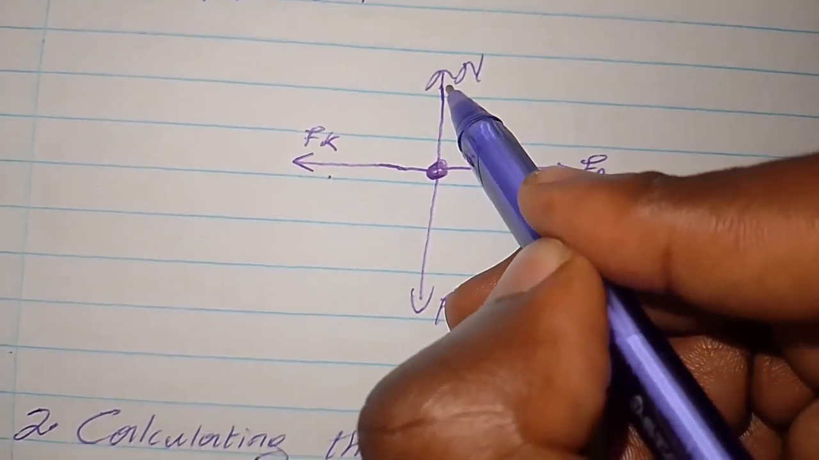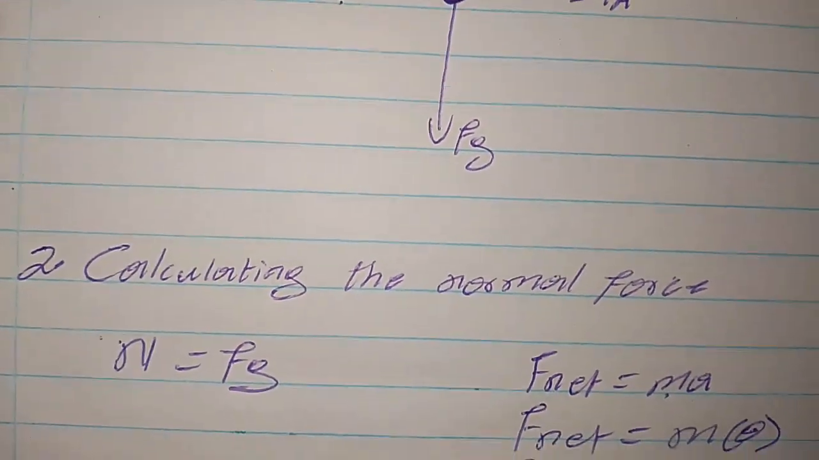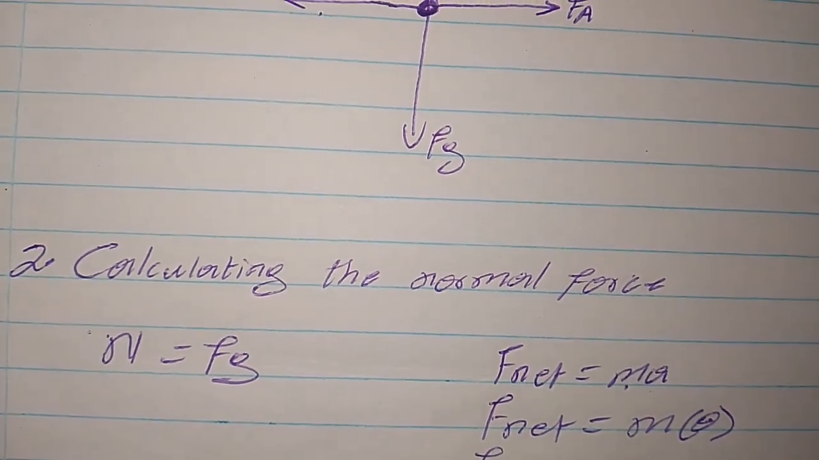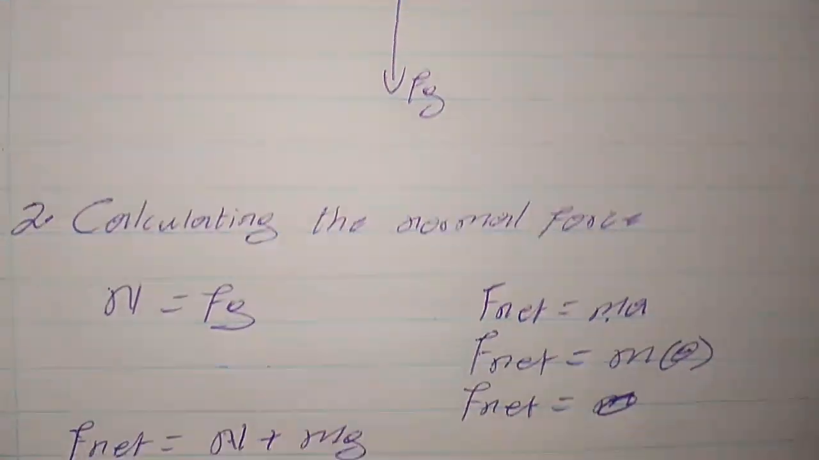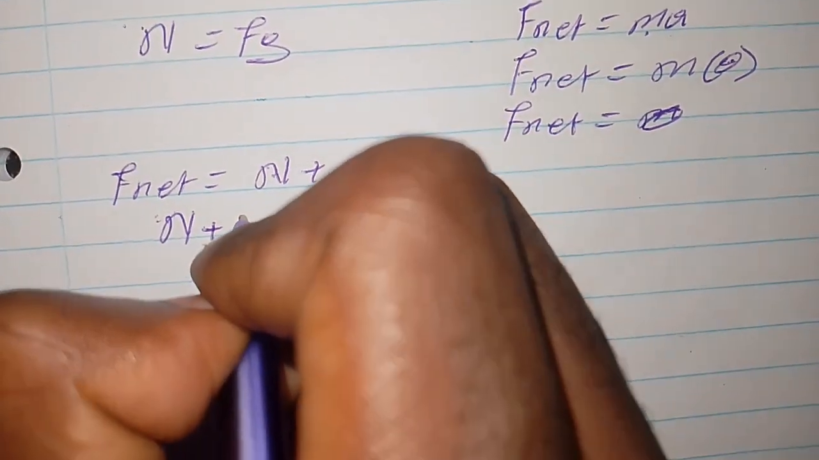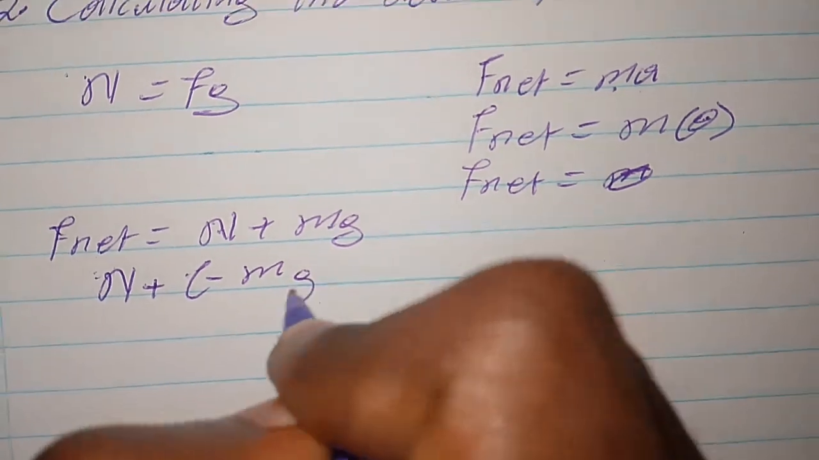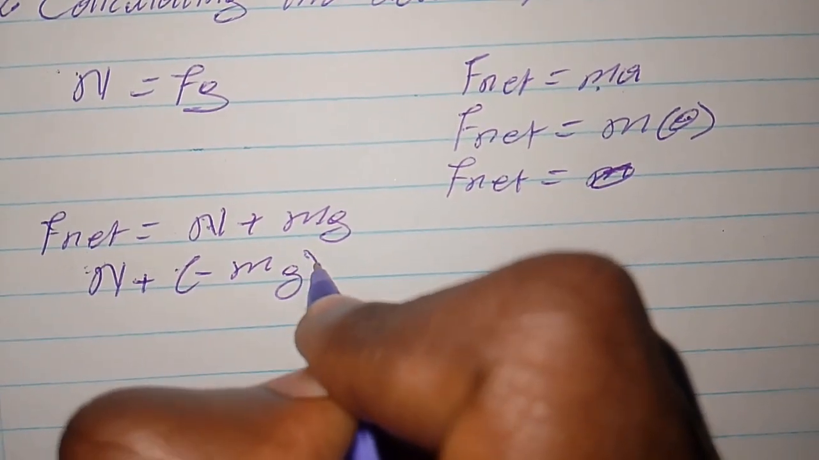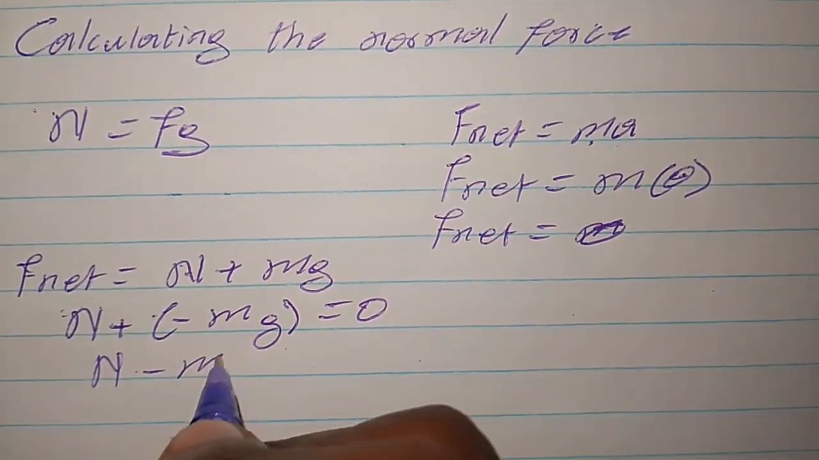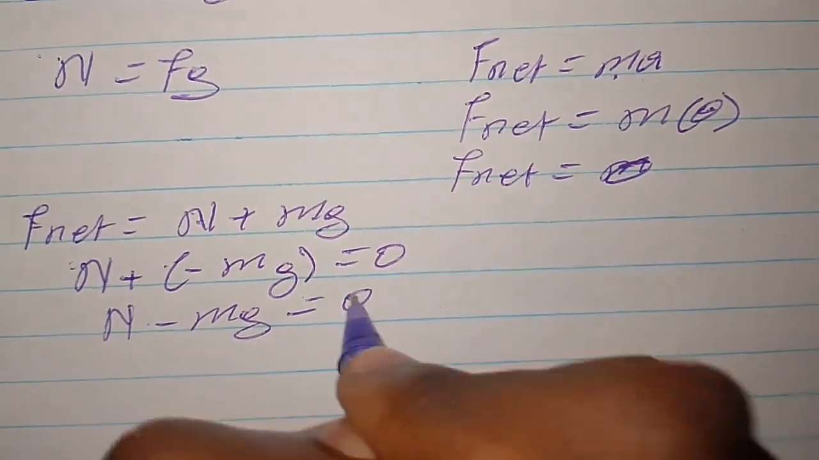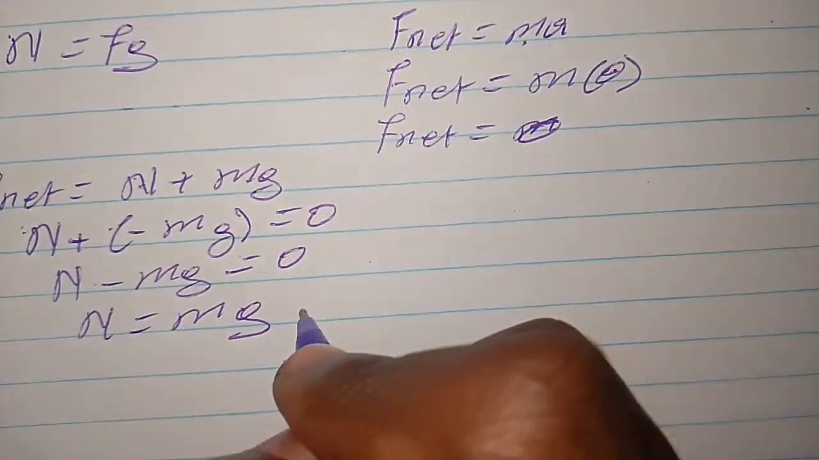Since the normal force vector is pointing up, then it will be positive, and the gravitational force is pointing down, then it will be what? It will be negative. Therefore, N plus negative mg will be equal to 0. Therefore, N minus mg will be equal to 0, and N will be equal to mg, which then this is